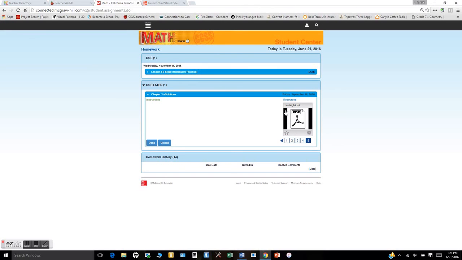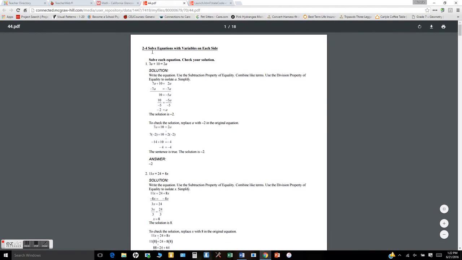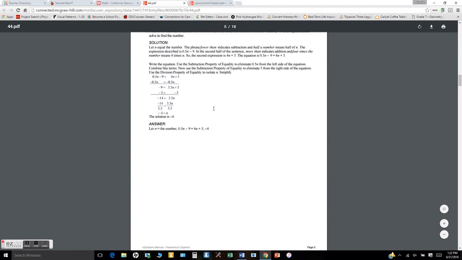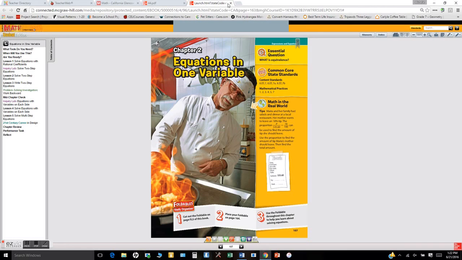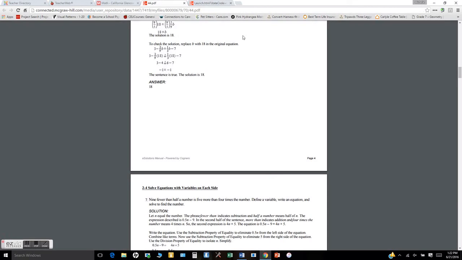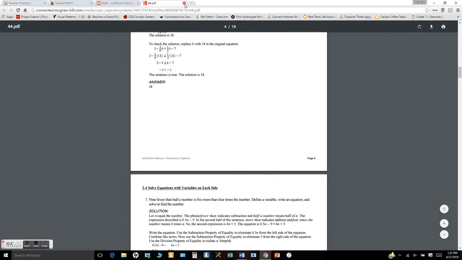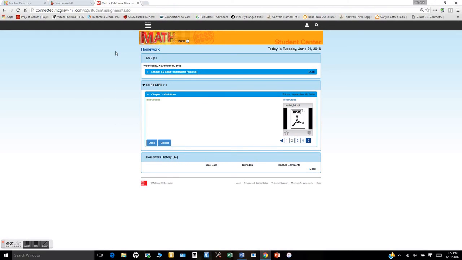There are 5 sections to chapter 2. And so if I click on this one right now, how do you open it, Mrs. Silberry? You either double click or you hit open, and here it is. 2-4, solve equations with variables on each side, and it's every question worked out for you. So it's a huge help, especially for students who don't have time to come in for math help or can't for some reason. Try this, but don't